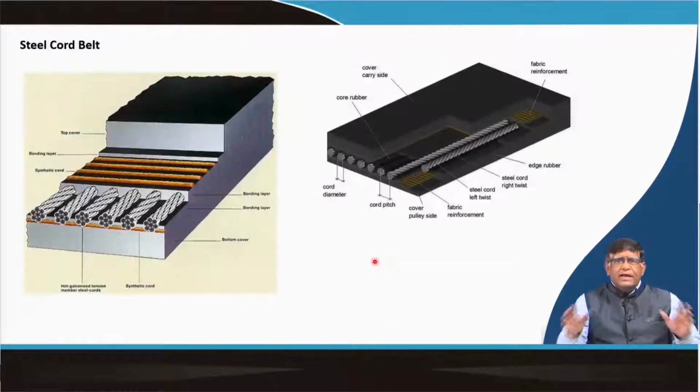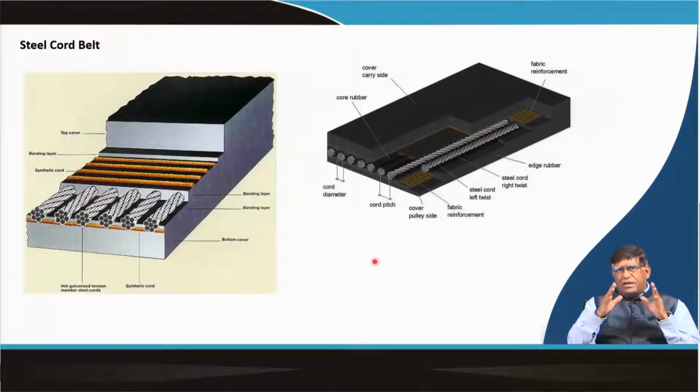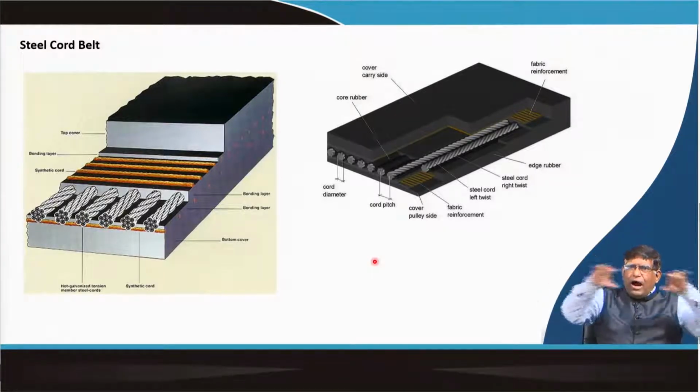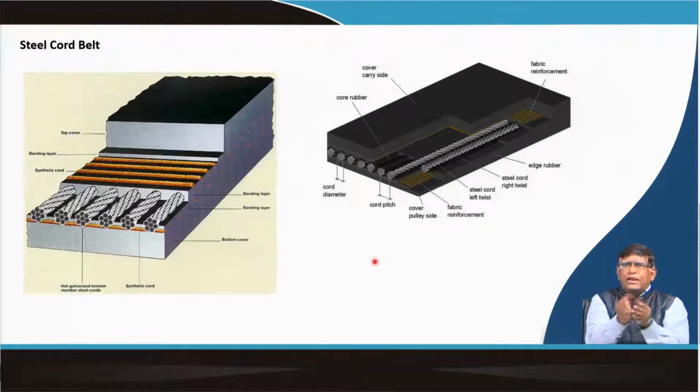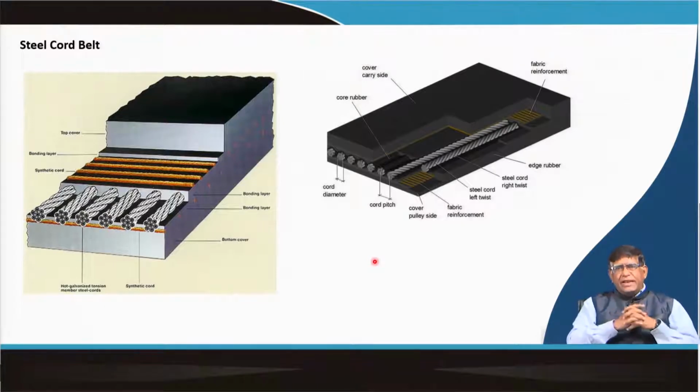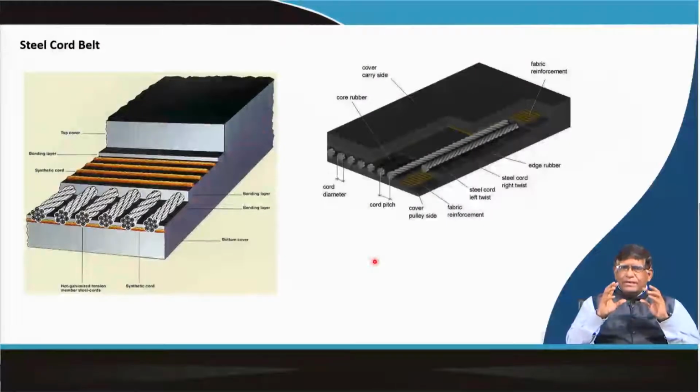And then the steel cord belt has the wire ropes inside, and above them the top cover and bottom cover are there. Now, what you need to know is that the belt will be produced as a long strip. How will these two ends be connected together to make it an endless belt? Those are the things we will have to study, and I hope this gives you an introduction to what a conveyor belt is and how it will be used in our mining industry.